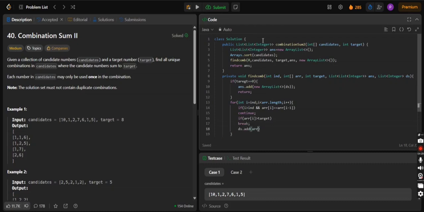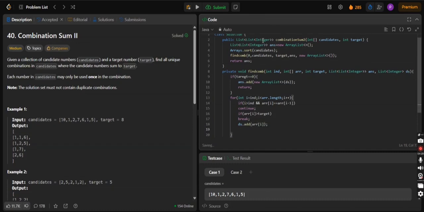Then we move forward, and if none of the if conditions hold, we add arr[i] to ds, and then make another recursive call to the findCom function, where we pass i plus 1 as index, array arr, the target value, the answer list and the ds list.